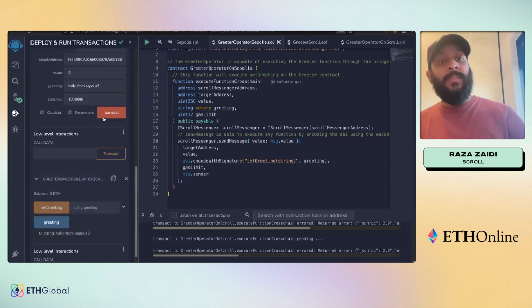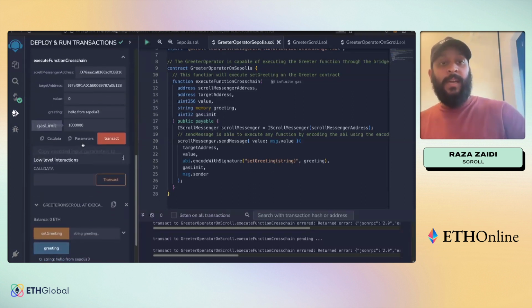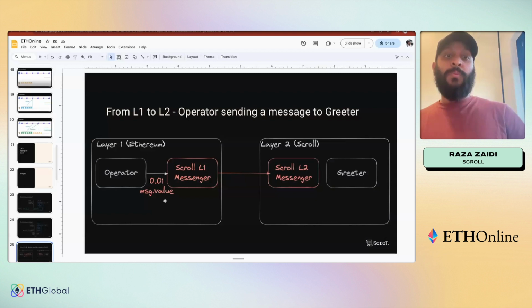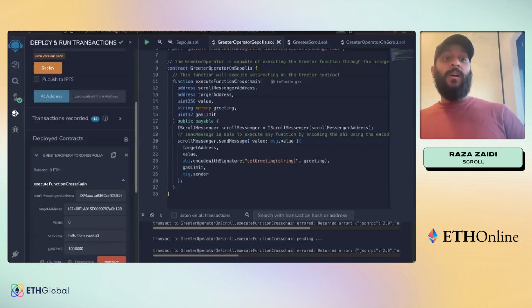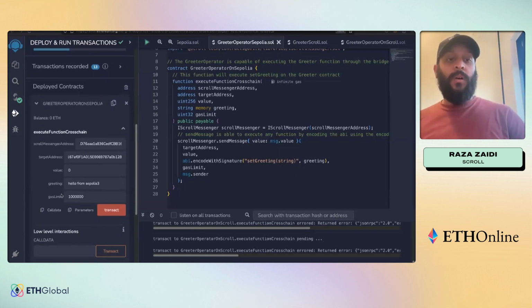And so over here, you can see that as soon as I click transact, which I won't do right now, basically what happens is that the state on L2 will be updated. And over here, you can see that's what I did a moment ago. Quick side note, again, when we send it from L1 to L2, we want to send some ETH along. Doesn't need to be a lot, but we want to make sure that our transaction doesn't revert on L2. And so we send a little bit of ETH to L2, along with the smart contract, so the transactions can be